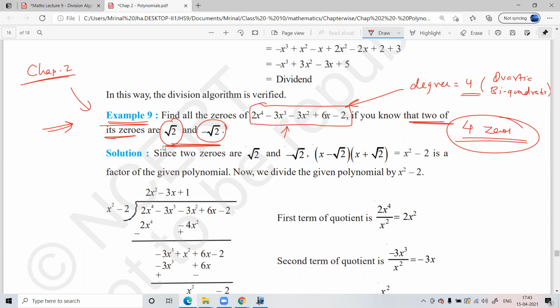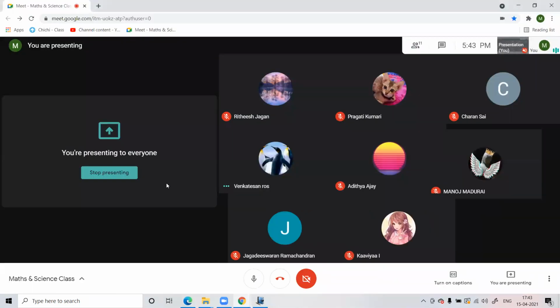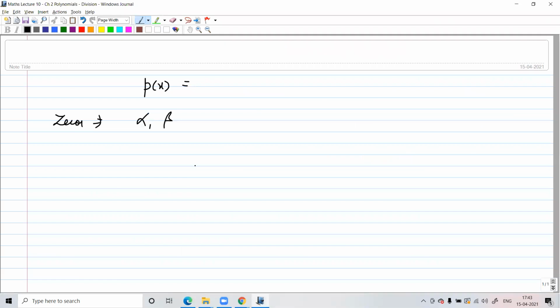So when you have this kind of question, it means that somehow zeros are related to division of this polynomial. How do I do that? So let me give you a simple example first, and then we will come to the quartic polynomial there. Okay. So let's say I have some quadratic polynomial, and alpha and beta are the two zeros of this polynomial. Okay. So if somehow they tell you that one of the zeros is 2, let's say alpha is equal to 2, then what it means is if you do x minus 2 and you divide your polynomial, let me take,